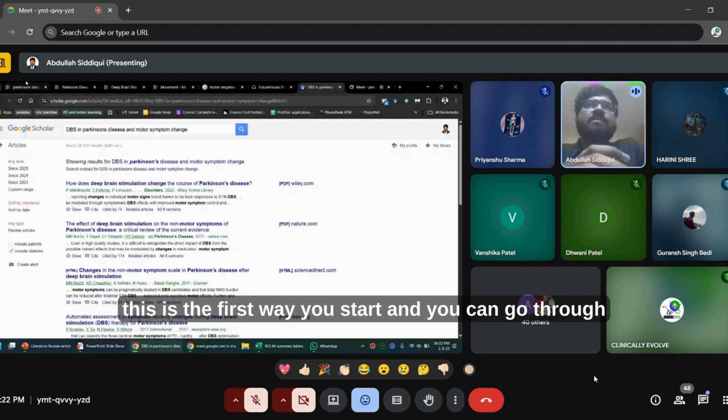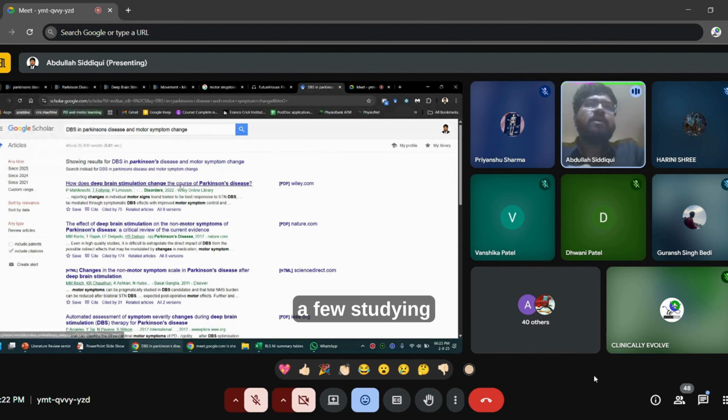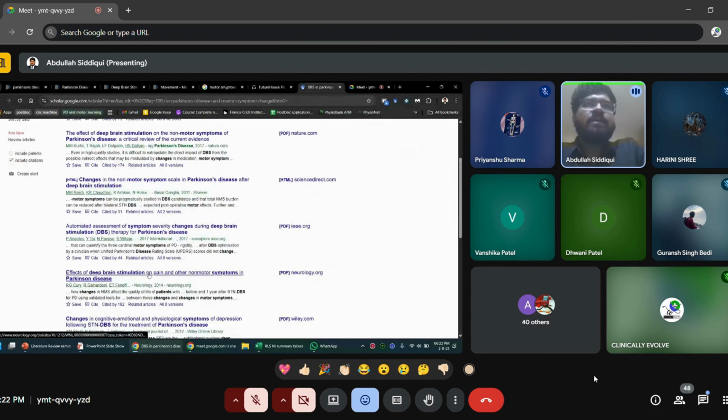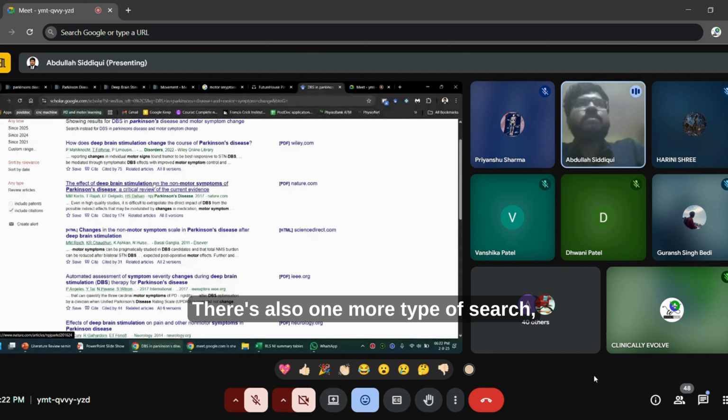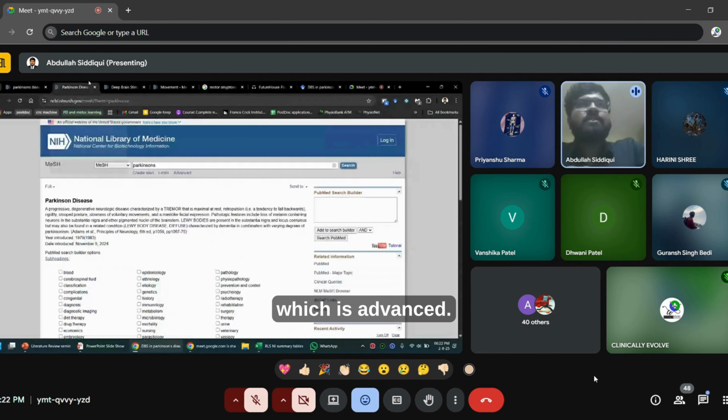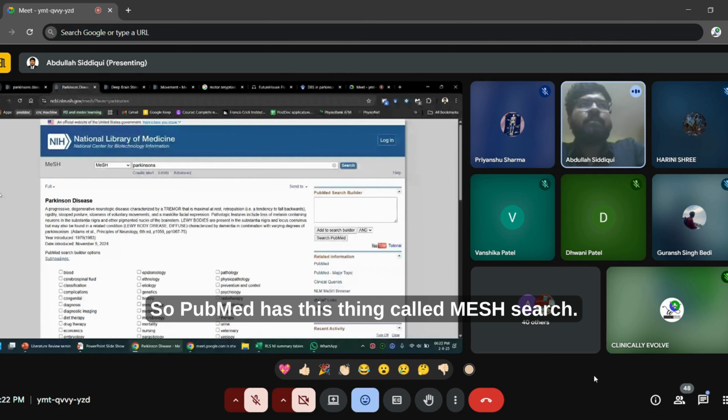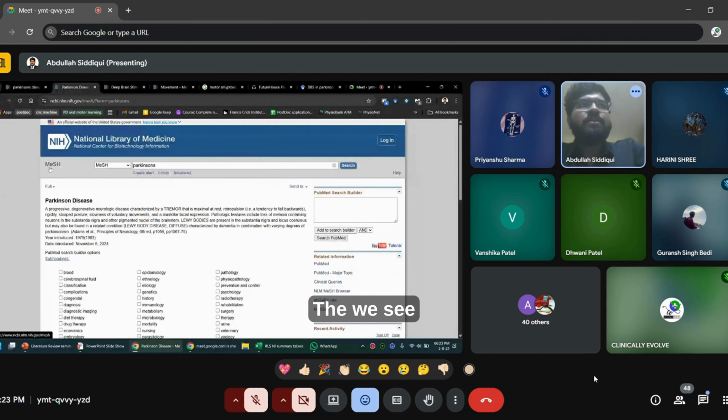So yeah, this is the first way you start, and you can go through a few studies, and there are a few ways you can divert from there. There's also one more type of search, which is advanced. So PubMed has this thing called MeSH search. Do you see this